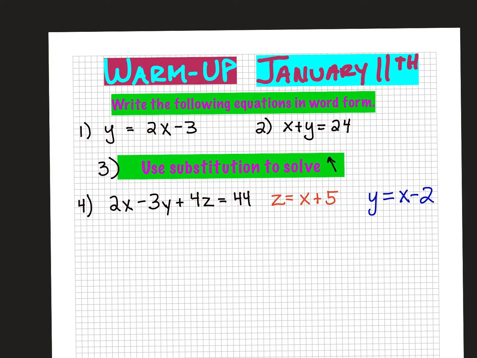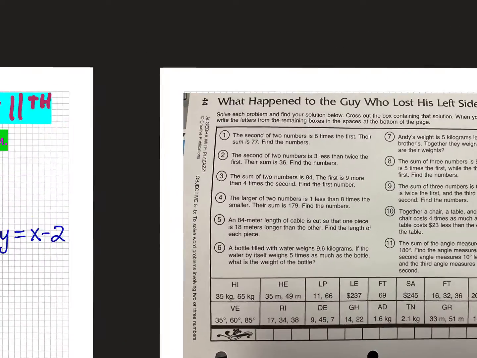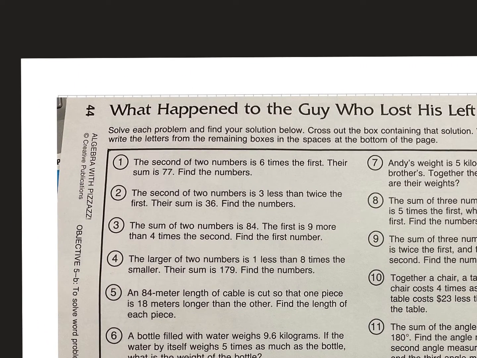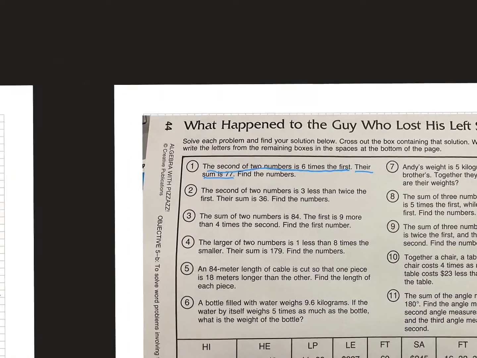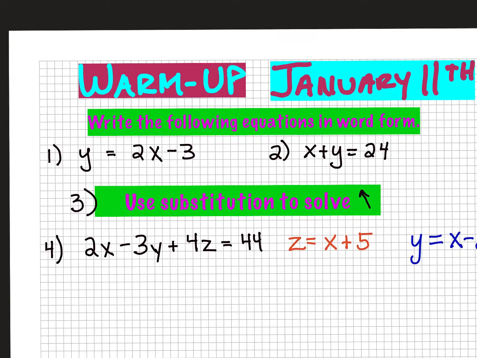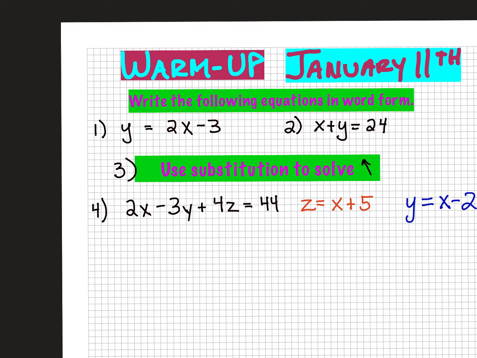All right, one thing we talked about in class is how they do these word problems. Like over here, if we see this one that says, the second of two numbers is 6 times the first. Their sum is 77. Notice when they talk about two numbers, they'll say a second one or a first one. They'll say "is" for equals, and we talked about, can we write these two sentences, y equals 2x minus 3, in word form the way they would have. So for number one,